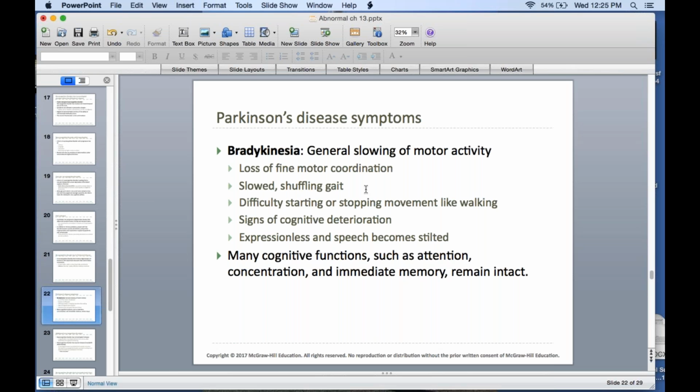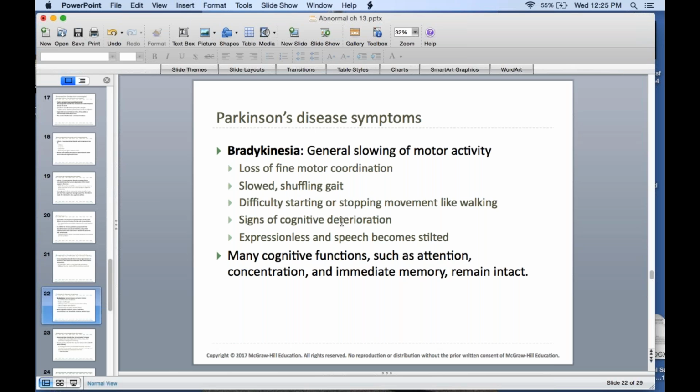One of the big issues with Parkinson's disease is that people know what's going to happen to them. They know that this is a deteriorating kind of disease. And it can be really upsetting to think about, okay, here's how I'm functioning now, and I know what's coming. I mean, we all know that we're getting older, and we all know that we're going to have some issue, and we're not going to live forever. But there's something, I think, that is more emotionally upsetting when you know exactly what the issues are going to be. And especially when they are these issues.